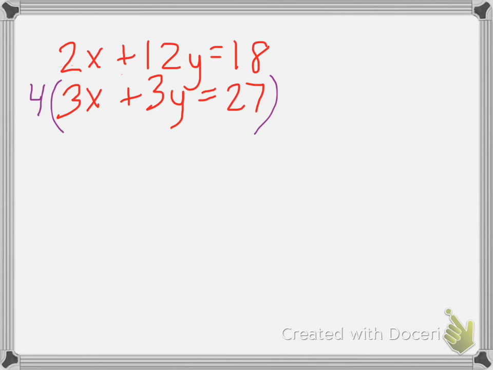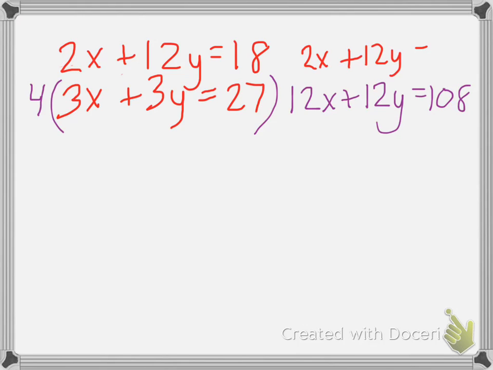So if I multiply that by 4 all the way through, I'm going to get 12x plus 12y equals 27 times 4, 108. Okay, and the top equation is still 2x plus 12y equals 18. Now my y's won't cancel yet because they're both positive. They'll add up to 12y, but I did this on purpose to show you that if that happens,